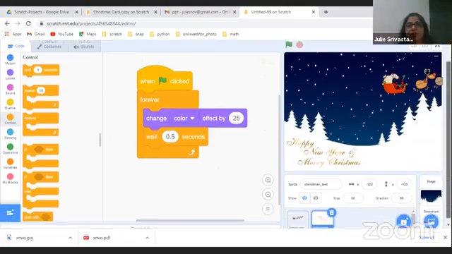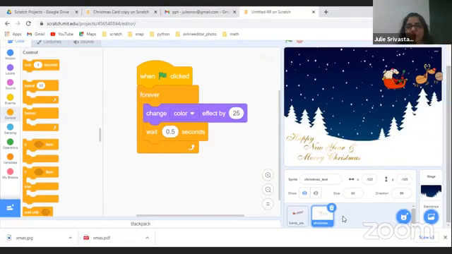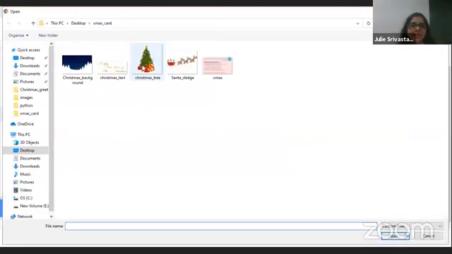Okay. So now we go back to this. We go back to the sprite, and we are going to get the Christmas tree image now. Okay. So let's go to this. Choose a sprite. We have the options called choose a sprite, paint, surprise, and upload. We go back to the upload option, and we take our Christmas underscore tree.